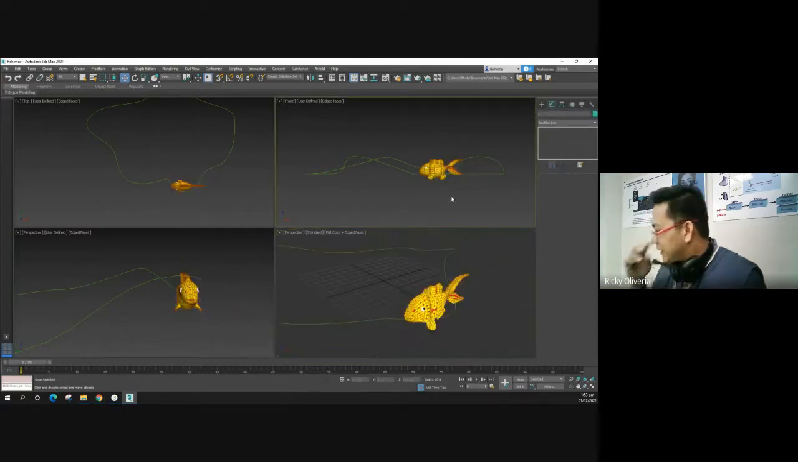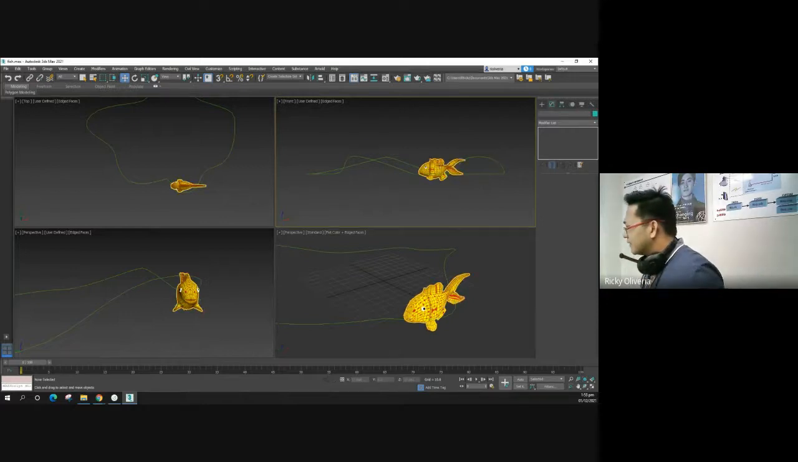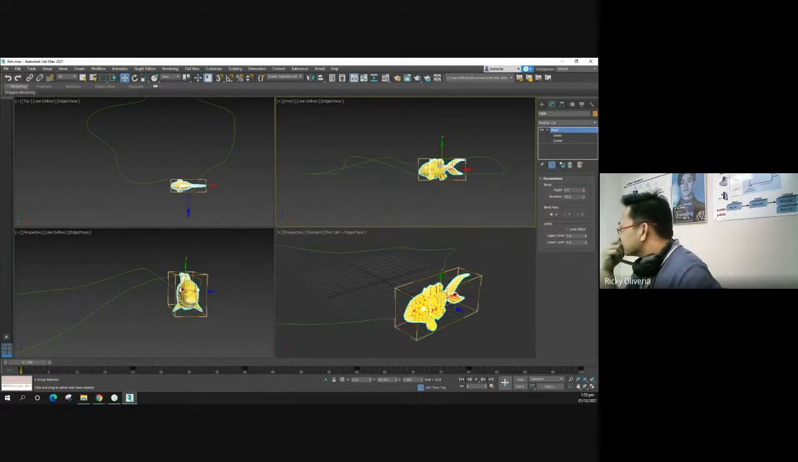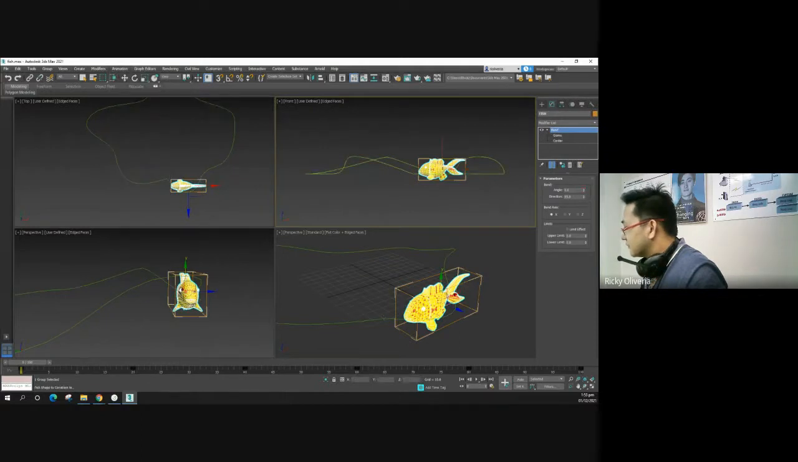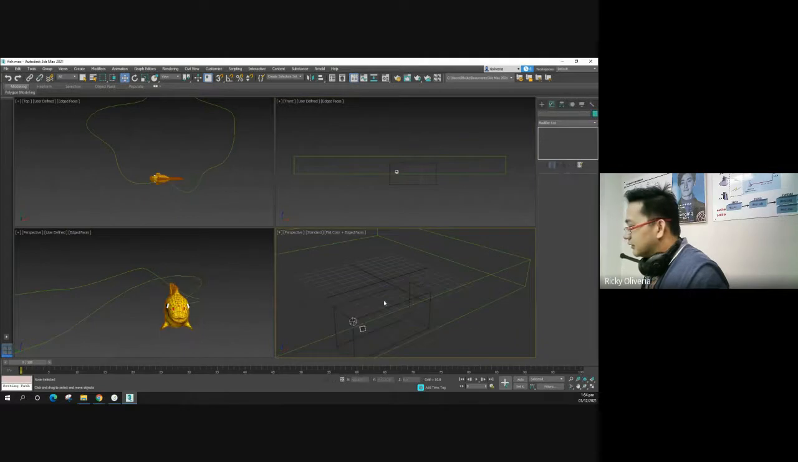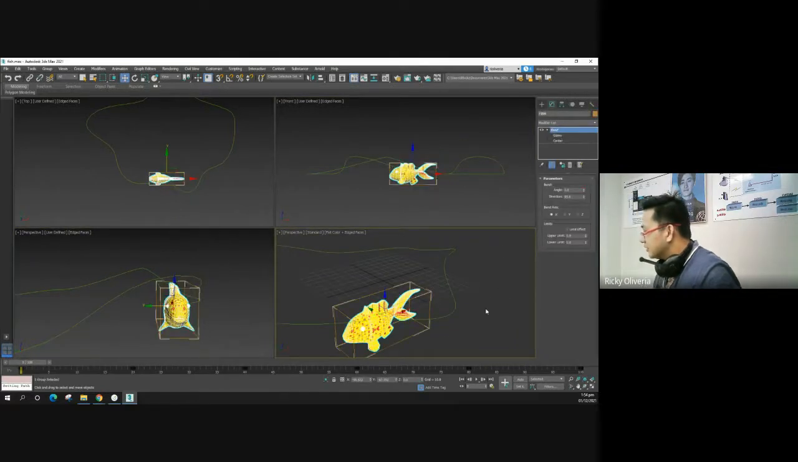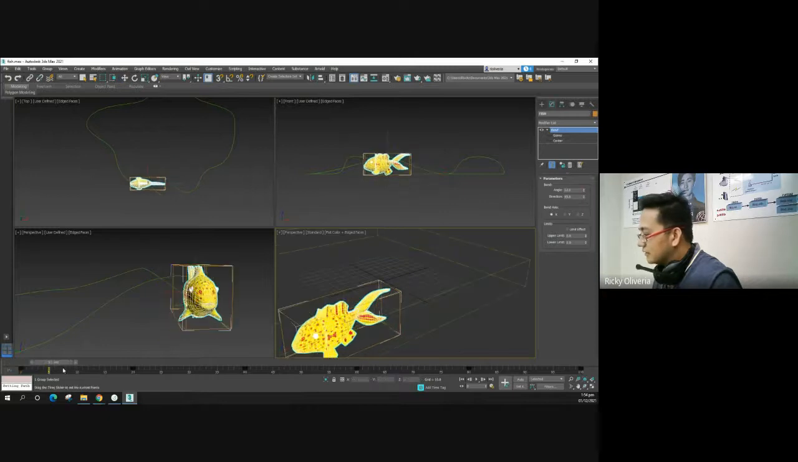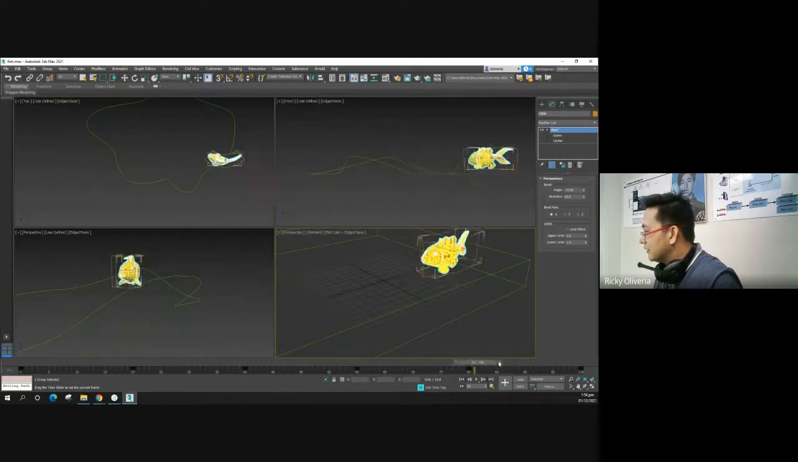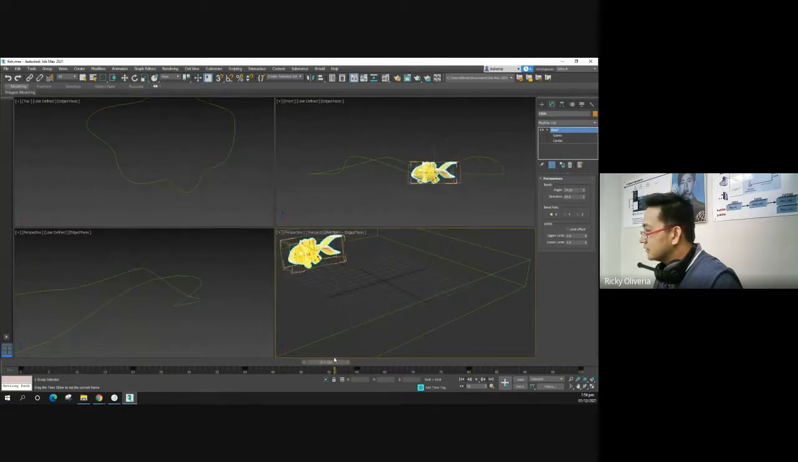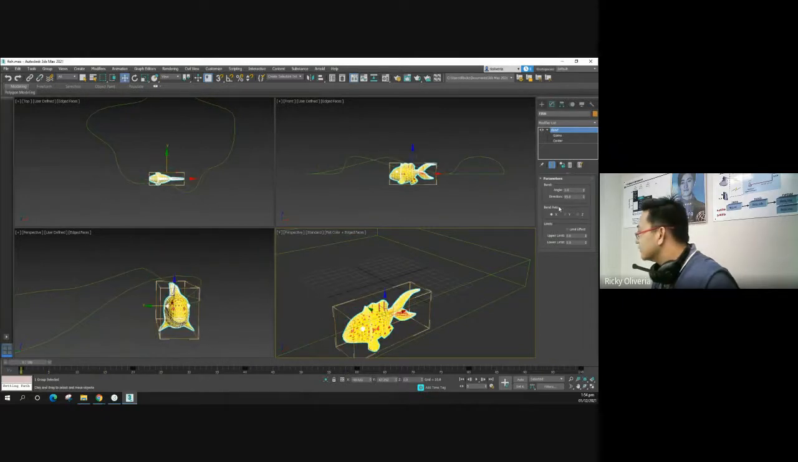I'll be creating a... I could do path constraints and then, yan. So notice, nung nag-path constraints ako in here, ayan, susundan niya na yan. Ayan, susundan niya na yan. Okay? Yan. Tapos, I could do,